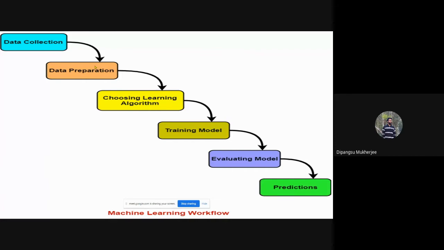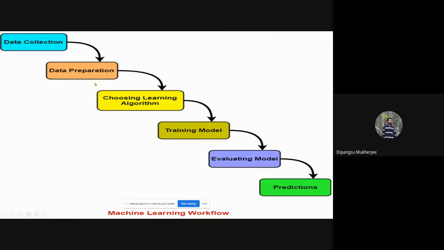We'll have to prepare, as some missing values will be there. Some data will be NaN, non-numeric values. There will be some categorical features like male and female. The missing values will be there, and we have to pre-process. We have to scale down the data. So this is the topic of data pre-processing or data preparation.